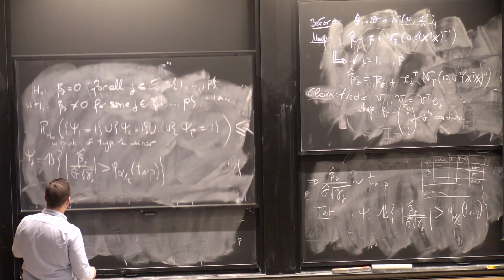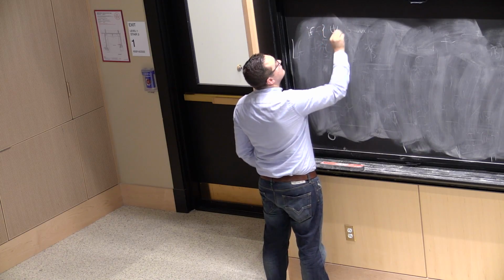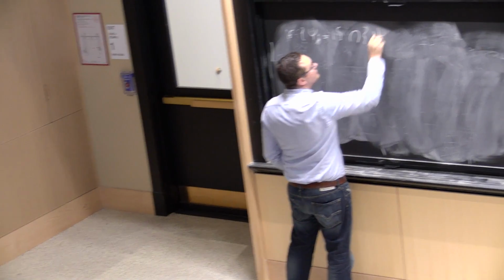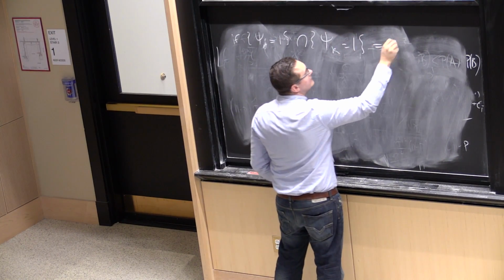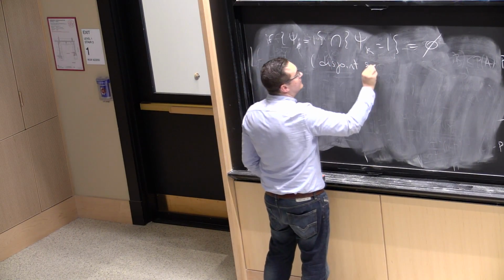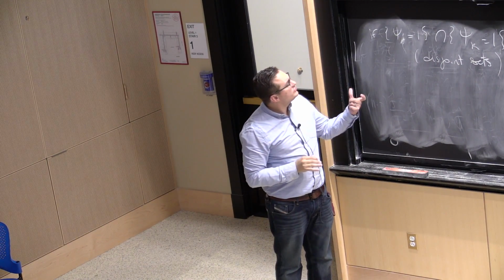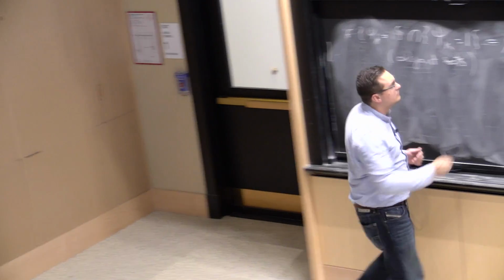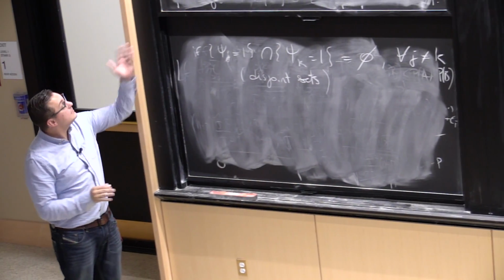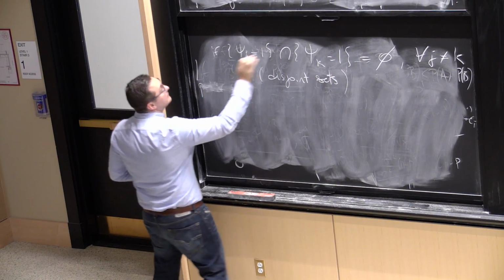So in the worst case, if psi j equal 1 intersected with psi k equals 1 is the empty set, so that means those are called disjoint sets. You've seen this terminology in probability, right? So if those sets are disjoint for all of them, right, for all j different from k, then this probability, well, let me write it as